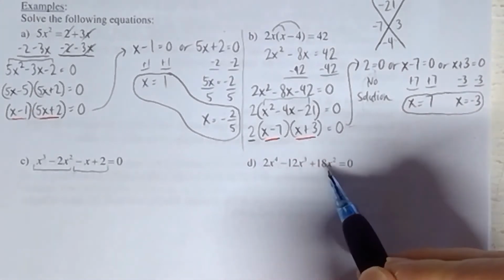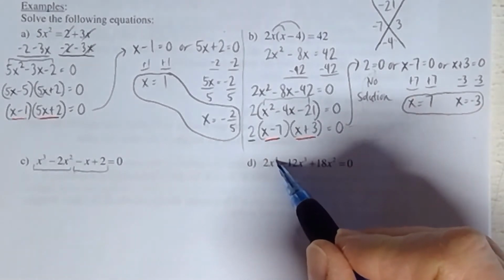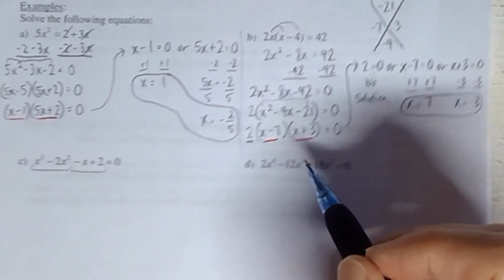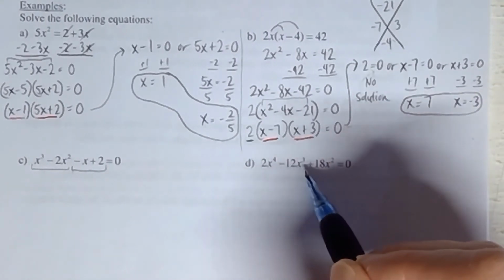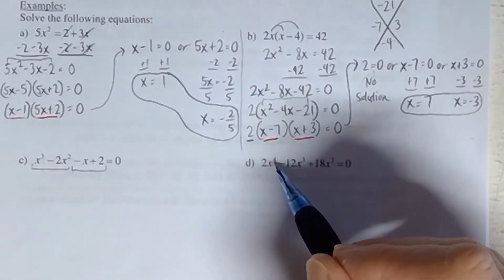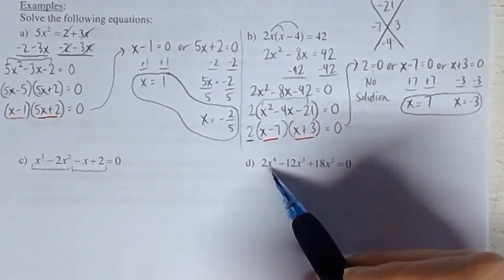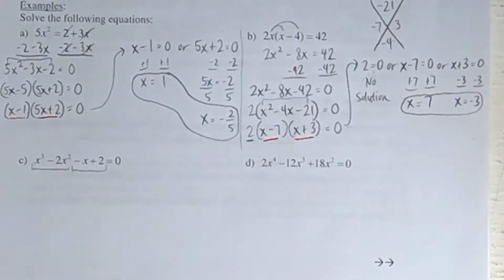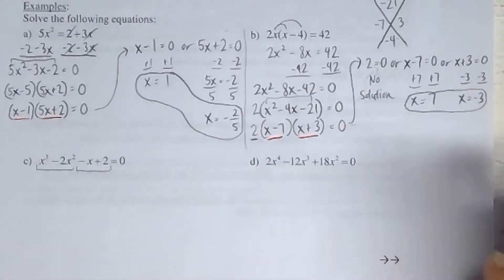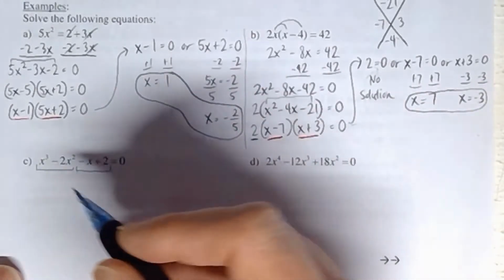As far as this problem over here, we'll just give it a try. Usually when you have the exponents from highest to lowest, I'm not saying this is always true, but oftentimes, and this will be an example of that here, you'll see that the highest exponent is first and then the lowest exponent is last. In other words, it goes from high to low. That's usually a good strategy to use even when the highest exponent is bigger than 2, usually. And so because of that, we'll go ahead and keep that in the same order as well. Okay, so let's go ahead and try problem number 3 here first.